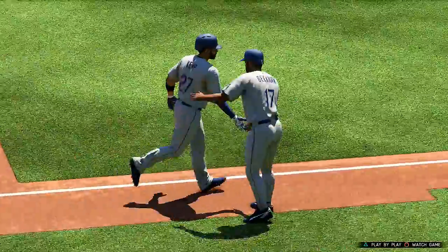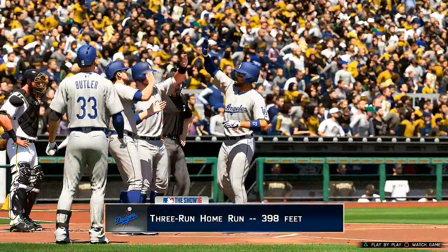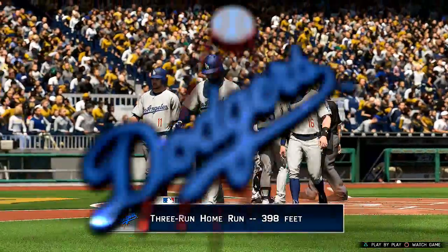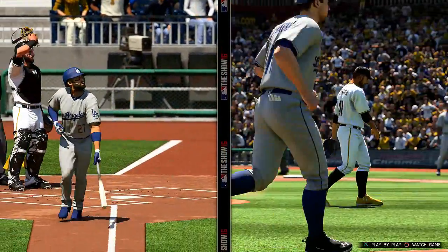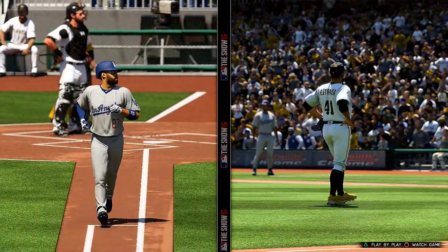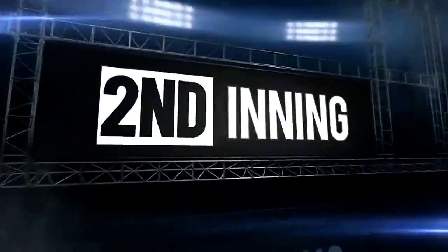as the Dodgers really put a thumping on these Pirates here today, as that's another shot there for them. That's a 3-run shot. That one goes almost 400 feet there in that little corner in left field. And Matt Kemp just showing his power here. He knew he had that pitch, and he found it. He was very determined to take that ball out of the ballpark. And see there's the reaction from the pitcher. I just love this split screen that they have in this year's game. Hopefully they'll continue that